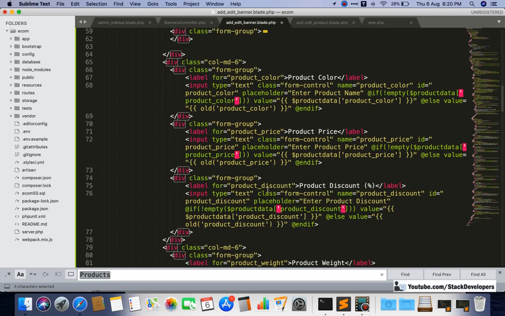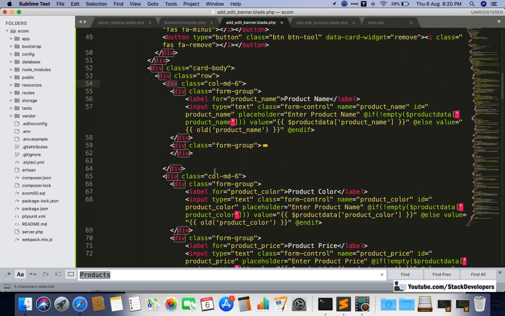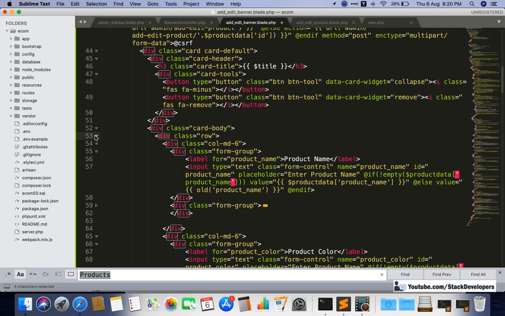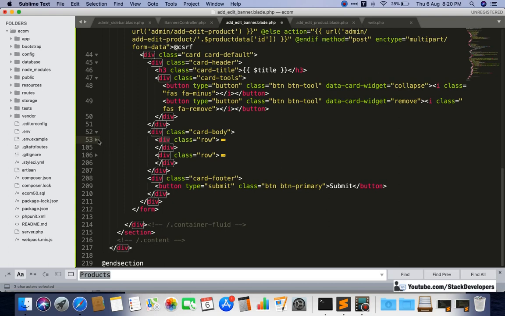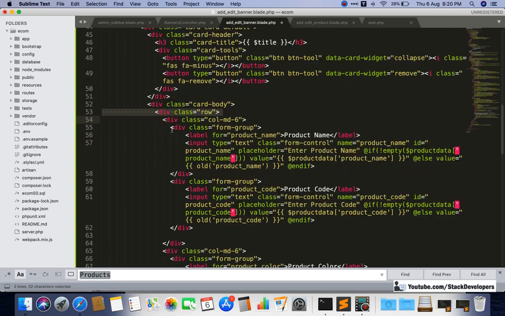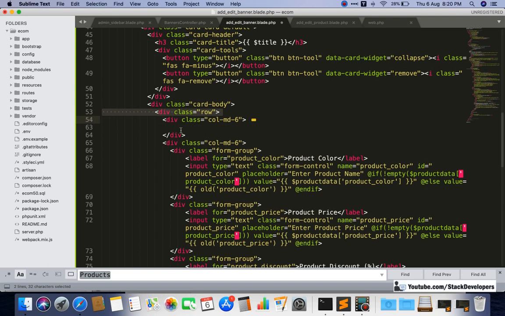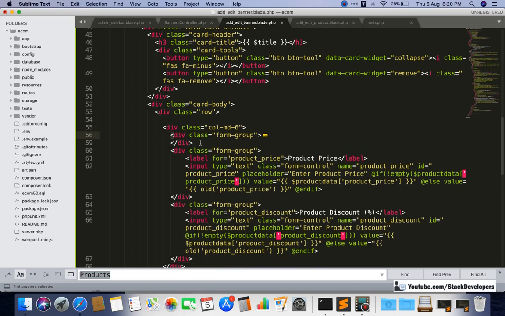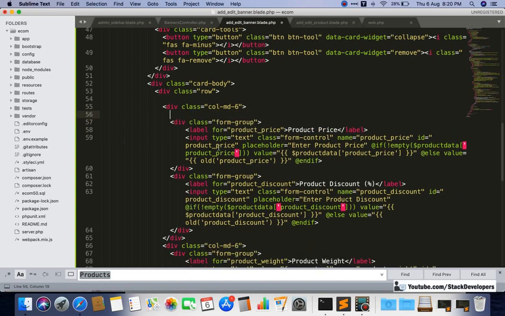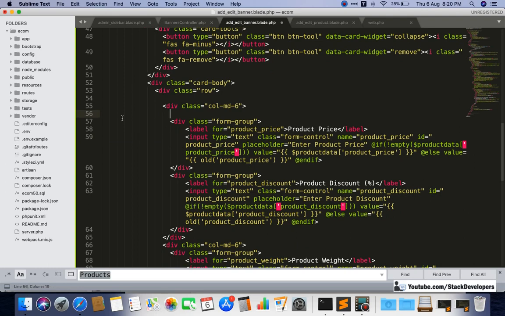And the rest of the fields we can remove, and this one as well. We need to do it carefully, it will take some time. And these two I am going to remove, and this one also. Okay, so these two also.